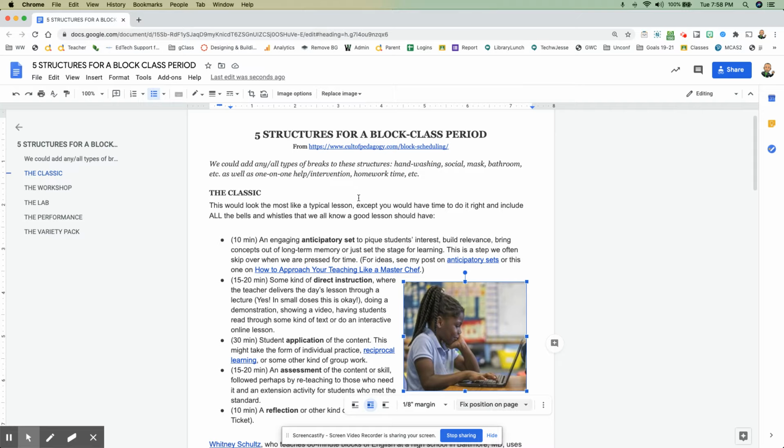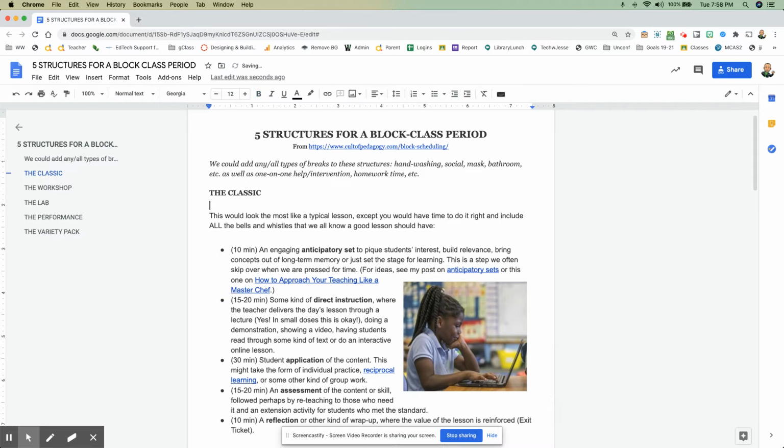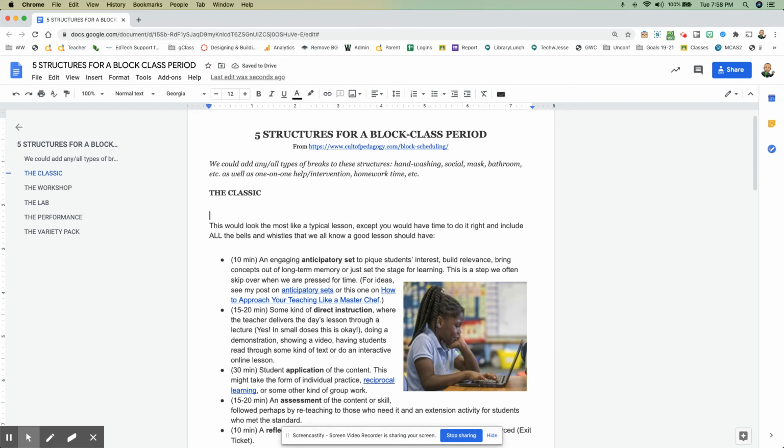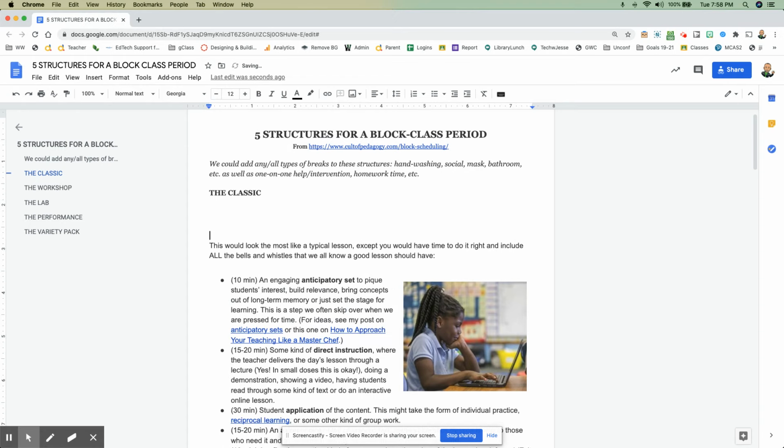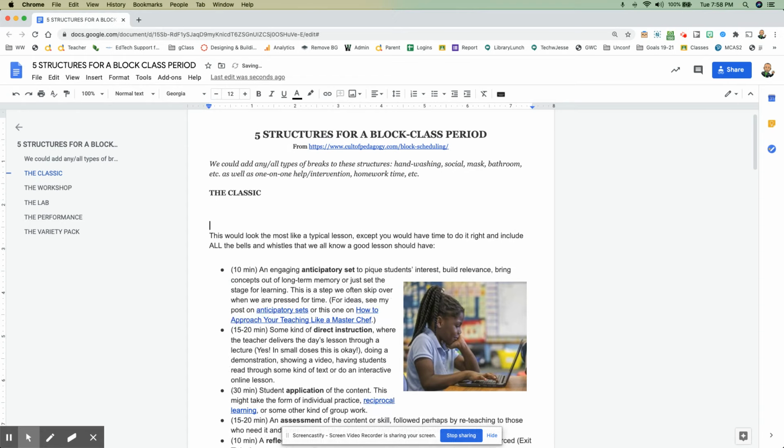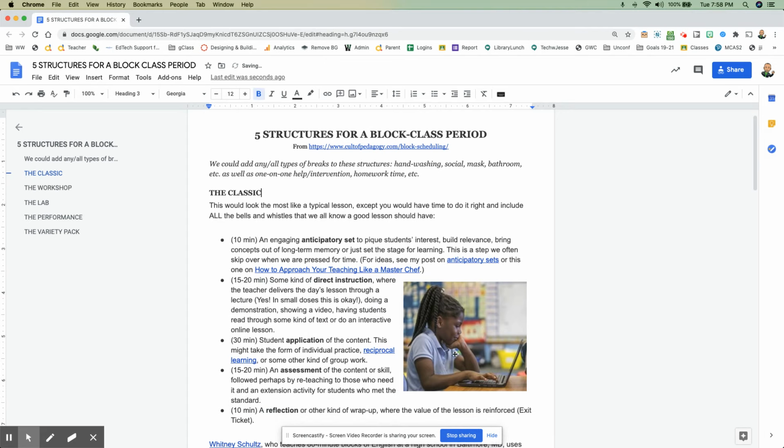So I'm just going to come up above it and hit the Enter key a few times. And you can see that even as that 15 to 20 minute line goes down the page, the picture stays where I put it. That wouldn't happen if I switched back to